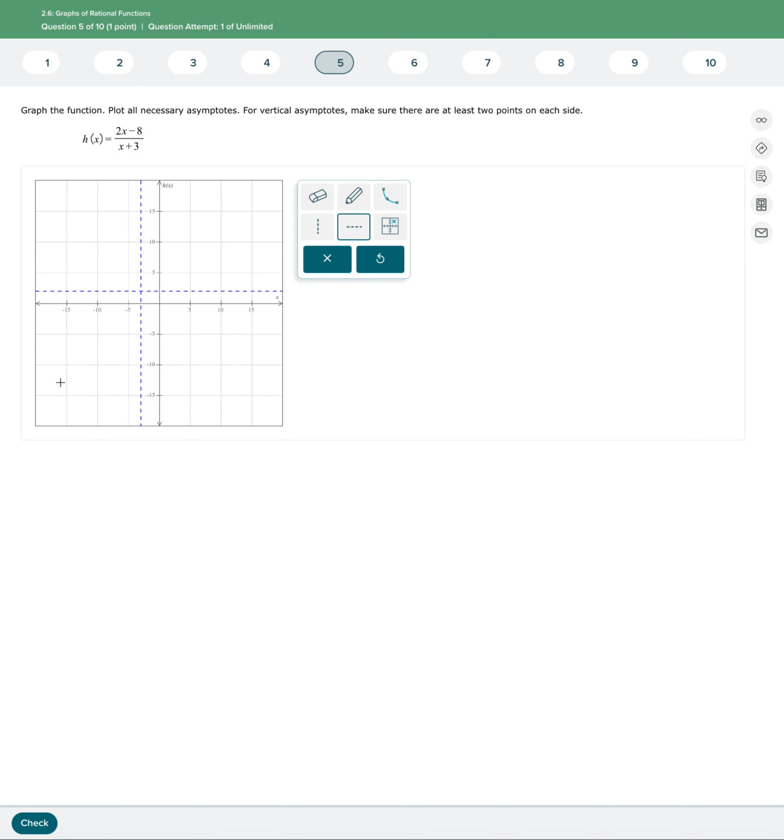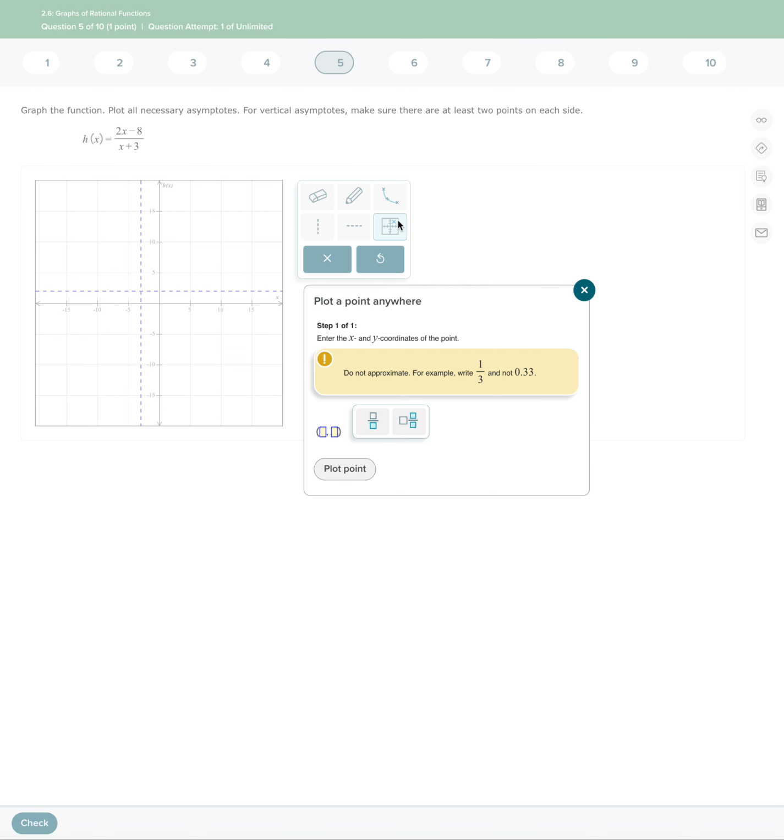Now we need 2 points over here and 2 points over here. So let's go ahead and start on the right-hand side. We always like to use x equal to 0. When x is 0, we have -8/3. So h of 0 is -8/3. Clicking on plot a point, we have 0. And then I'm going to go ahead and put that negative out there and then click on this fraction, 8/3,